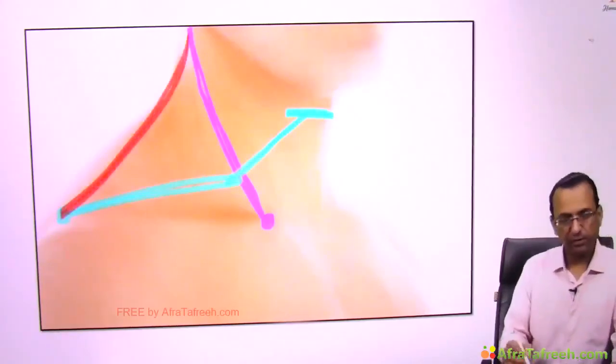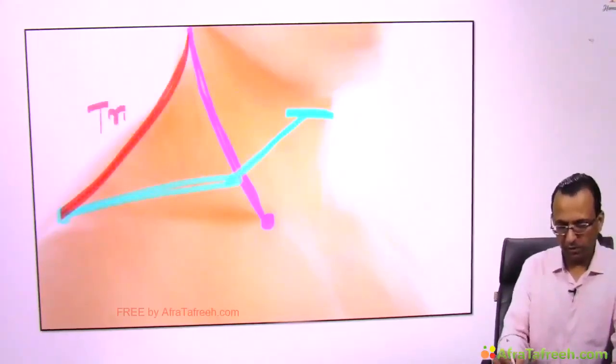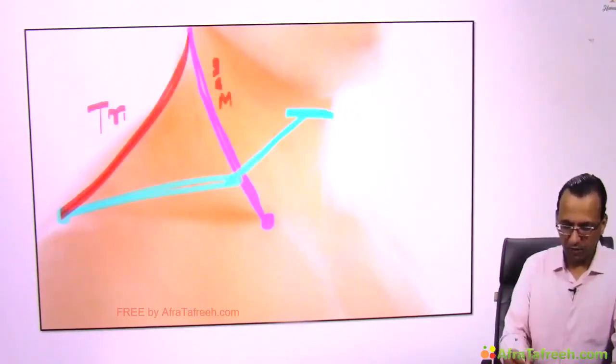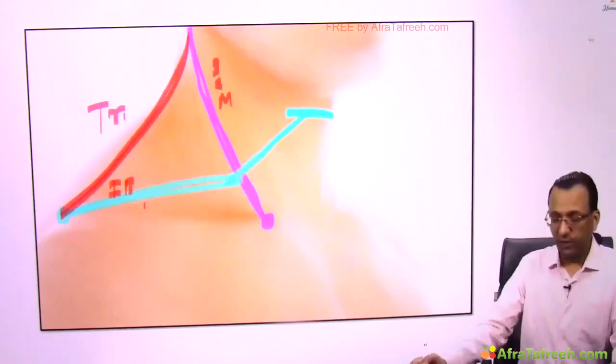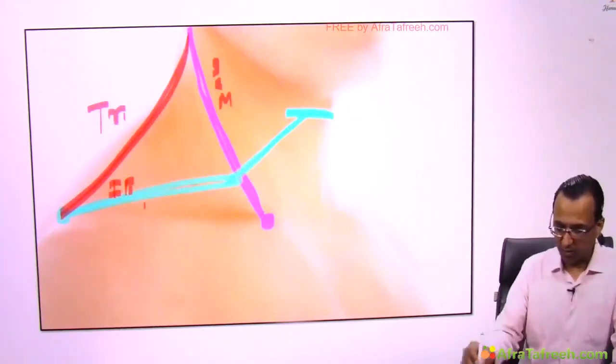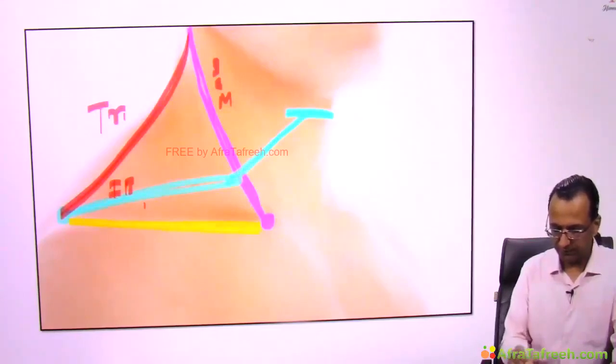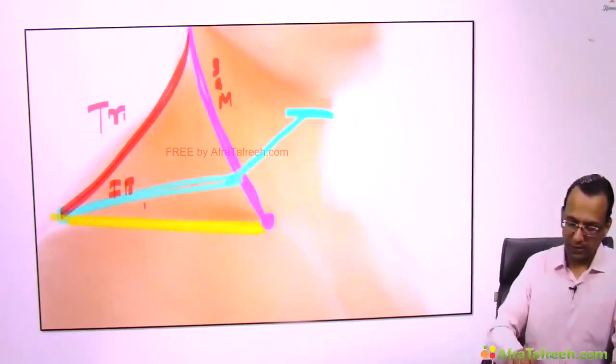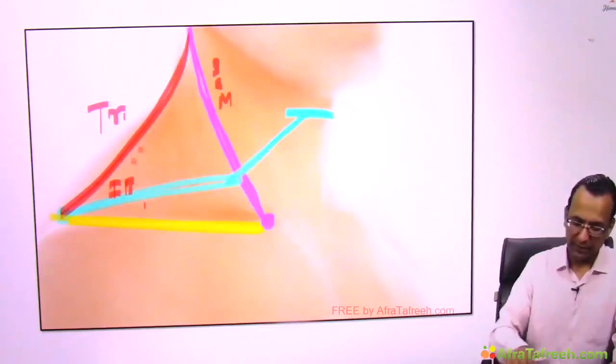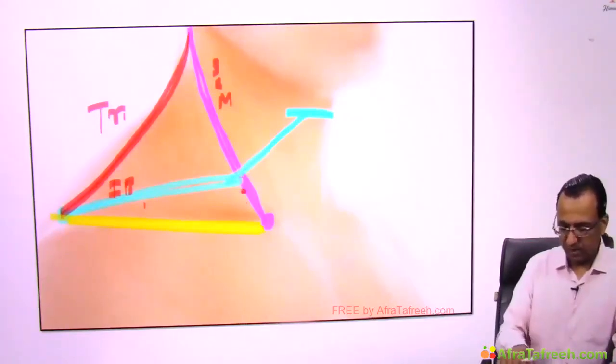Yes, this is trapezius. This is sternocleidomastoid. This is inferior belly of omohyoid. And that is the clavicle bone here. This is the occipital triangle, and this is the subclavian triangle. That is where you will block the